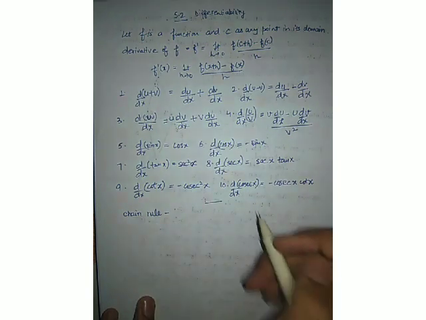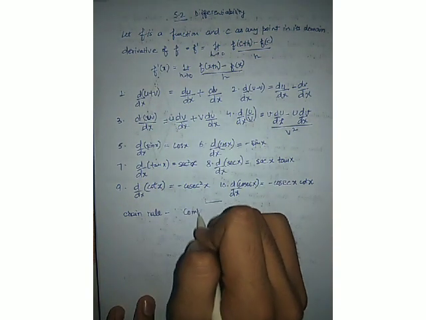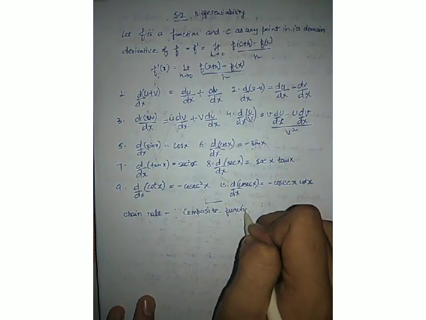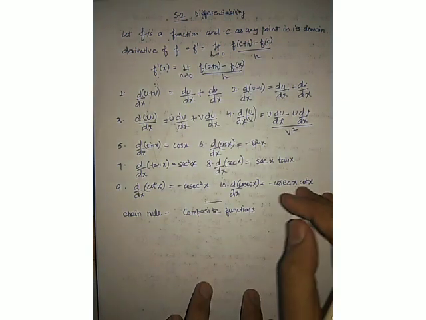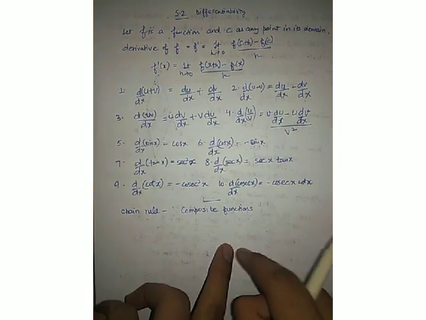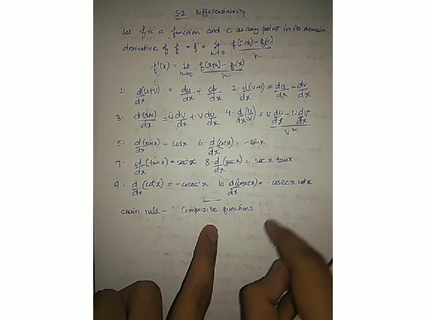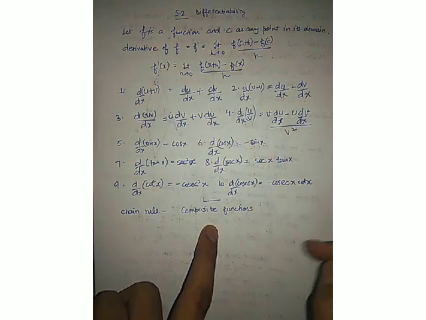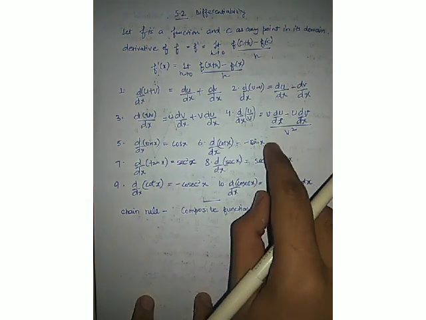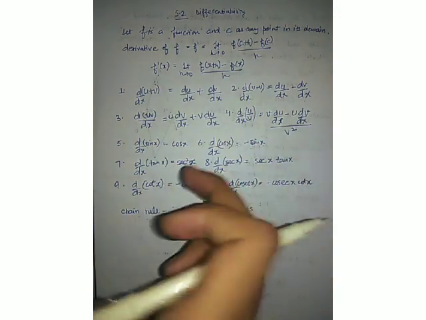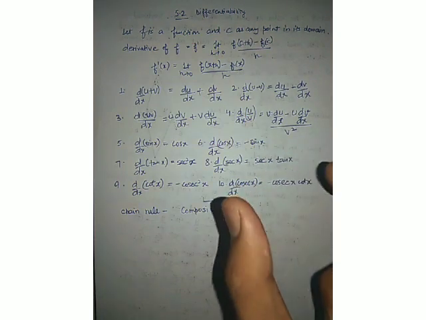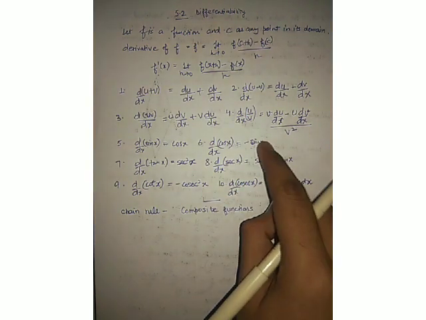Now the chain rule is basically applied on composite functions. What are composite functions? There are several definitions of composite functions on the internet, but to make you understand it in a simple manner, I would say that a composite function is a function which is made up of two or more functions. For example, sin x. Now sin x is a function that can be a composite function as well. For example, you take sin of x square, where sin is one function and in the bracket the angle is x square. So one function is sin t and the other one is x square, where t is equal to x square.